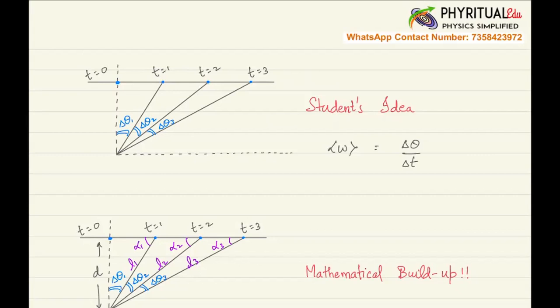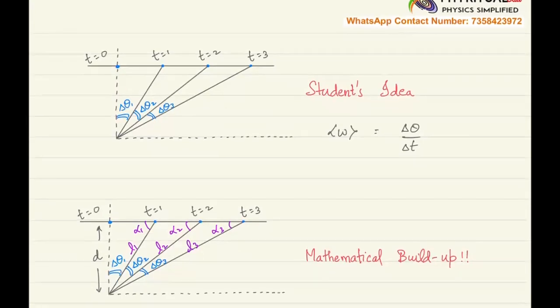But what is the proof behind this? When I asked the student how do you prove this, the student got stuck. So I came back home and worked out this particular question. Can we proceed on this idea and build a mathematical way of exactly proving that this delta theta is in fact going to be reducing with time for regular intervals? This mathematical build-up which you see below is what I worked out at home. The student's idea is very, very innovative. So I thought this should be an approach which could be explained to students in later